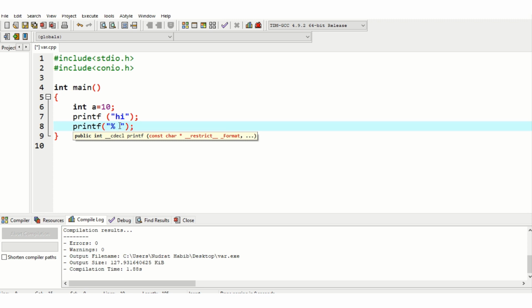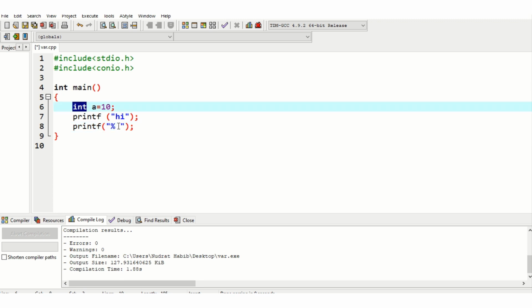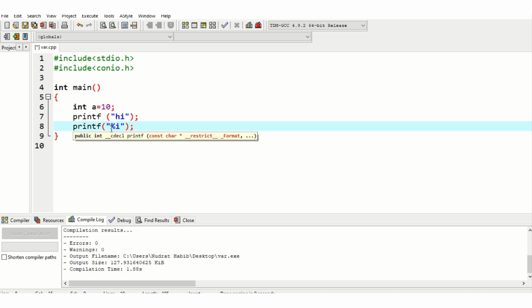What value, what type of data, you need to identify, or you need to write it here. It's the integer data type, so we will write %i. If it is character, we will write percentage %c. Percentage %d is also used for integer. So inside the quotes, you will write percentage sign, the placeholder, and d, the data type, what type of data will be printed, and then comma, and after that comma, you will write the name of the variable, whatever the variable you want to display.